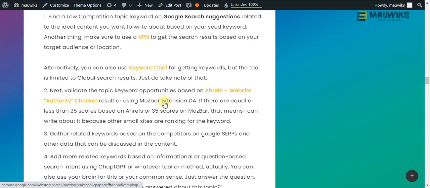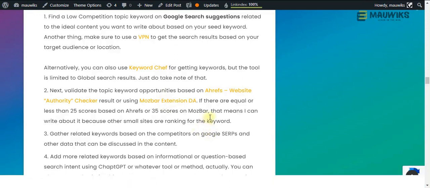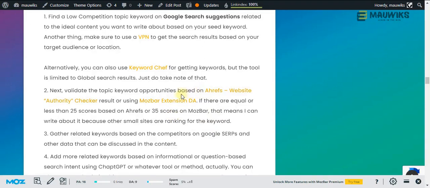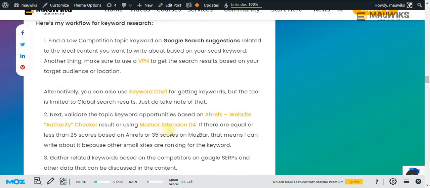So that is how I actually find and validate keywords using Mozbar. There's also an alternative way to check the DA, which is based on the Ahrefs website authority checker. Instead of basing your domain authority on the Mozbar extension, you can also use Ahrefs, but you cannot use both at the same time. You need to validate your keyword with either of the two